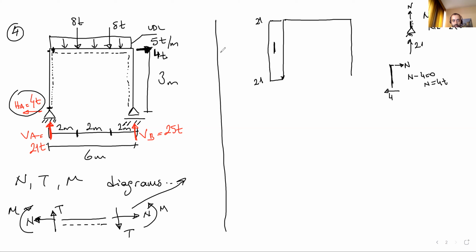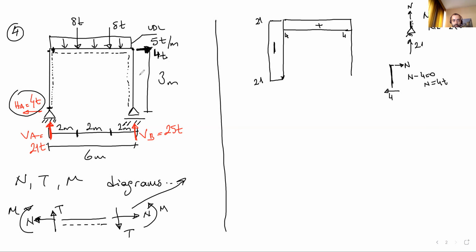Here, 4. That's okay. But all along the beam, is there any other loading which changed the axial load in the horizontal direction till this point? No, there is nothing. So that's why we have positive here. I have 4 all the way. I have the same axial force. Now